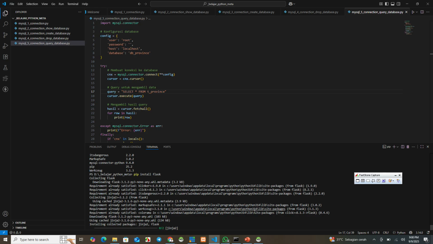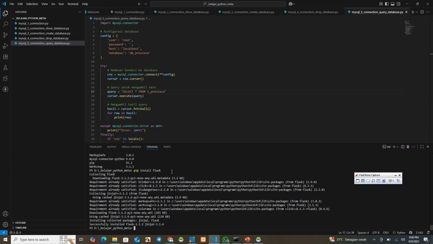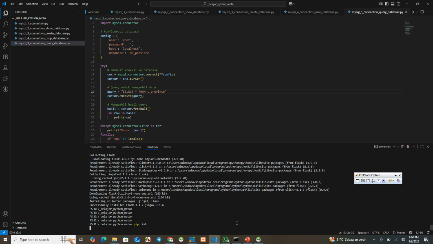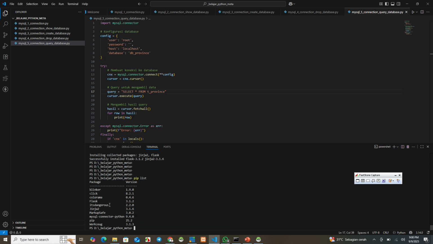If we want to make a web application on Python, we see this one in the list: Flask. Now we have Flask here.